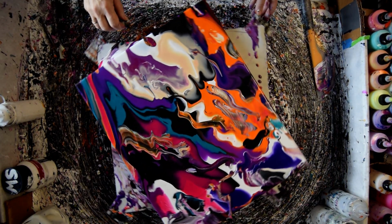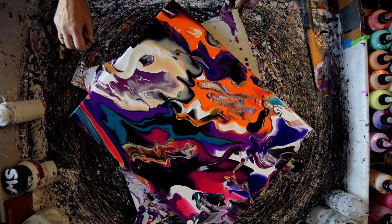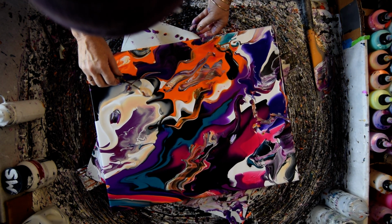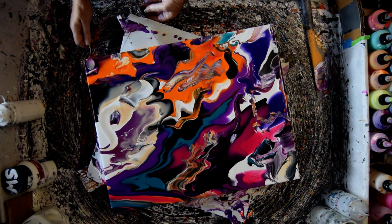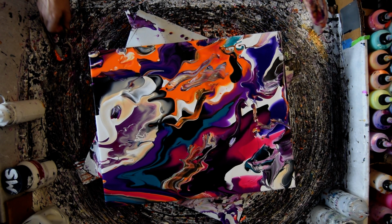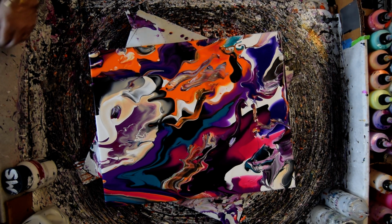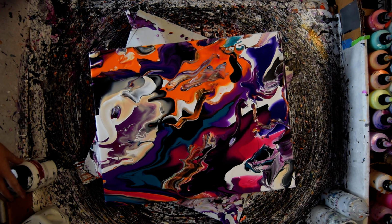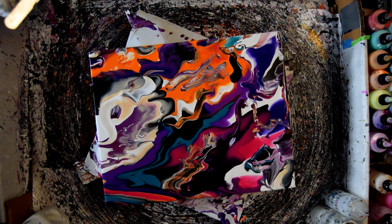If I don't have enough cells, the scoop and drag is kind of pointless. Okay, I am not sure where to go from here, but I'm going to put my tools in the bucket and get ready to spin. And right now I want to contemplate if I think I want to do a rather large swipe with a not so large tool with maybe the black and the white, and hope I haven't chosen wrong. I'm going to start with the white,